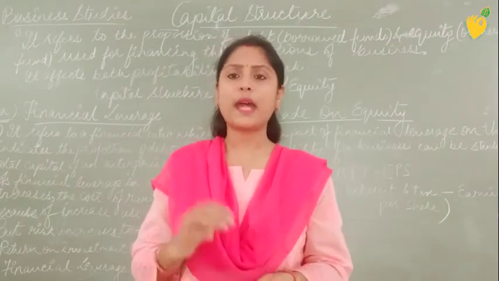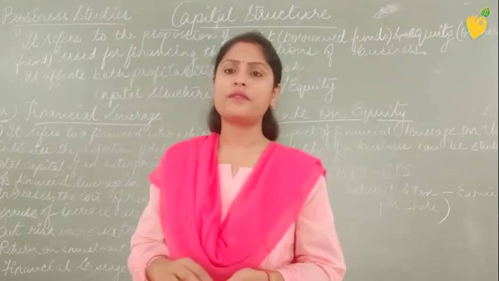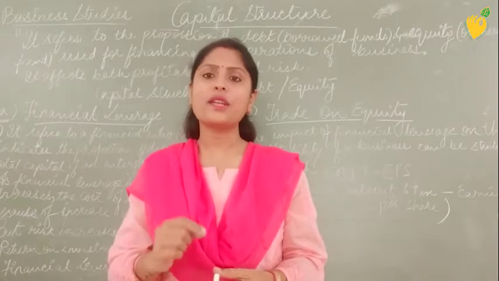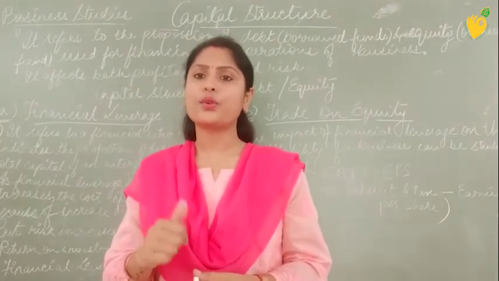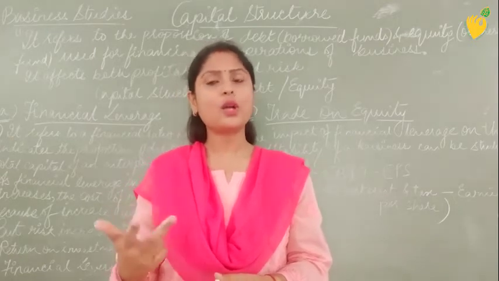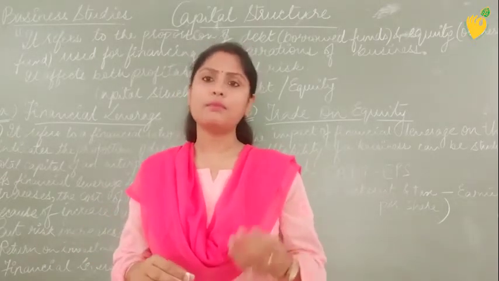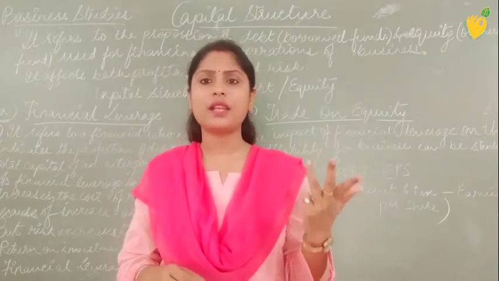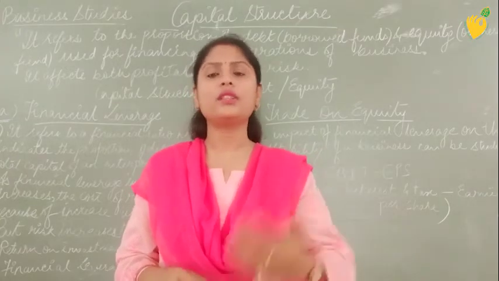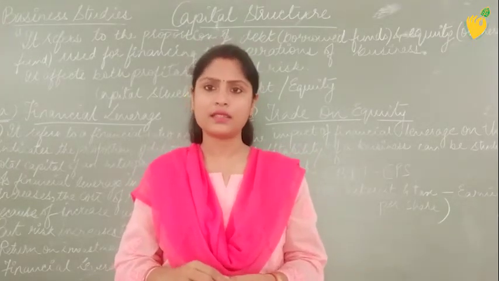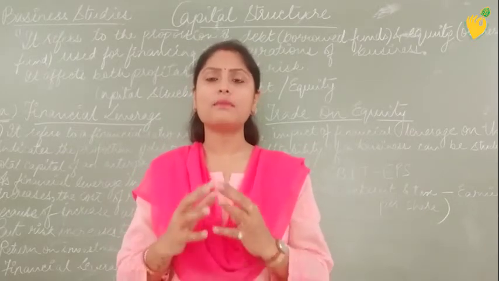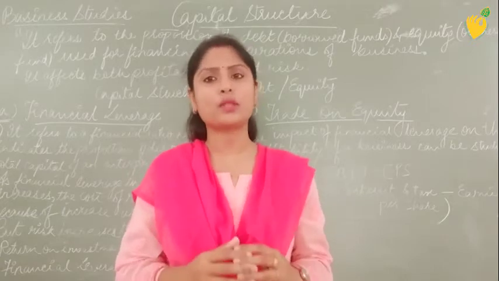Now when we talk about capital, there are many sources through which funds come into an organization. On the basis of ownership, the organization can arrange funds through equity shares, preference shares, and retained earnings. And if we talk about borrowed funds, there are banks, financial institutions, public deposits, and commercial papers. There are many other securities through which funds can come in. So basically, capital structure is a combination, a mixture of owner's fund and borrowed fund.